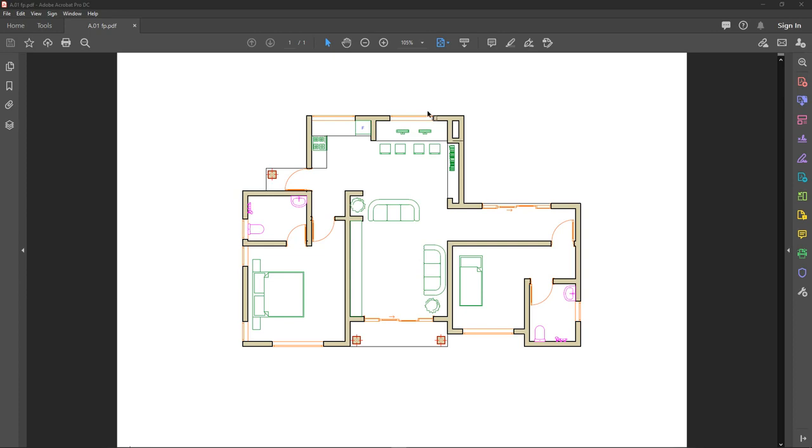Right now, this is the floor plan we're going to use as a reference guide, and what you're going to need is something called a DWG file. To achieve that, you can export that from whatever software you've used to draw your plan, and then that will be good to bring into SketchUp for the modeling. But I'm going to show you how to create the DWG file for a software,